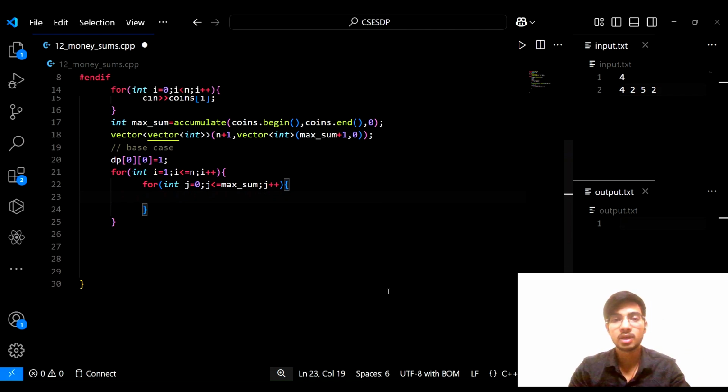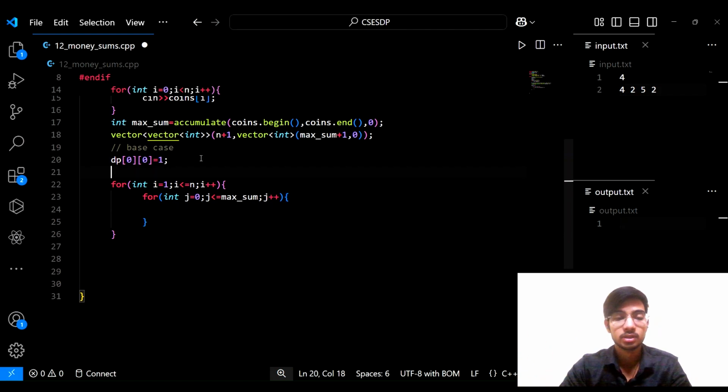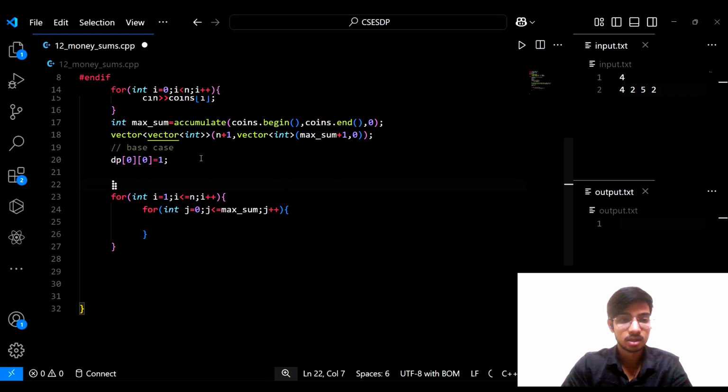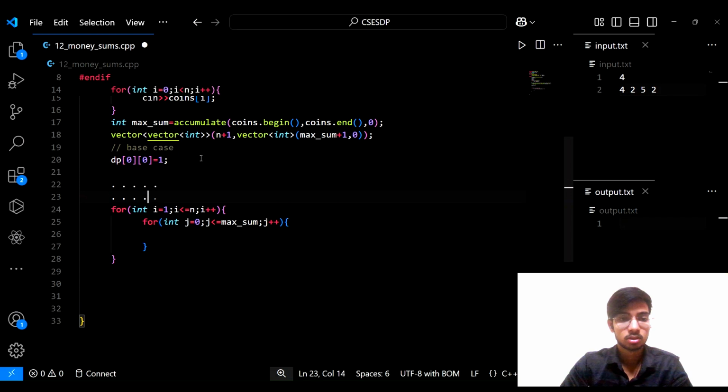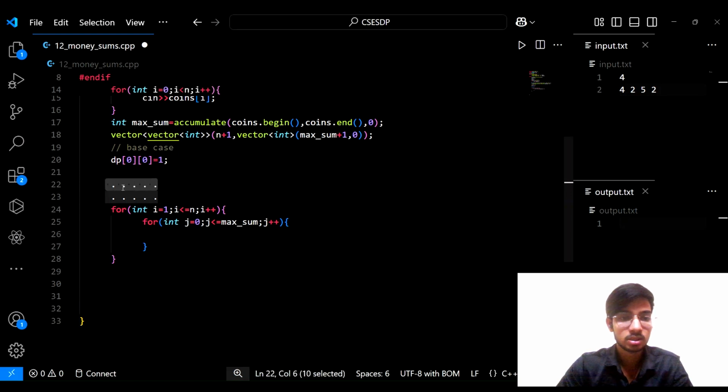For all the coins we are going to fill, if I'm at coin 2, what are the sums that I would create? That's how I fill. For example, suppose, let me show you,